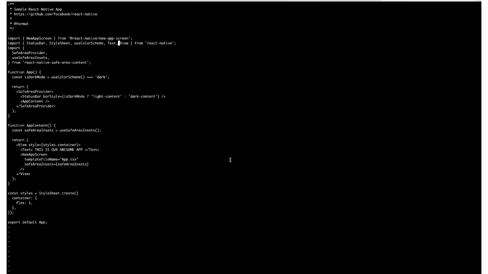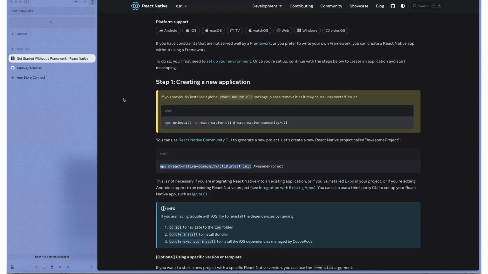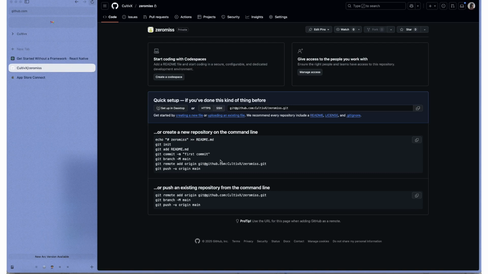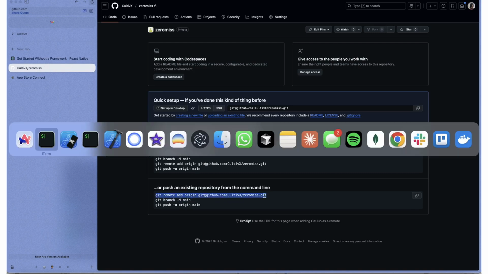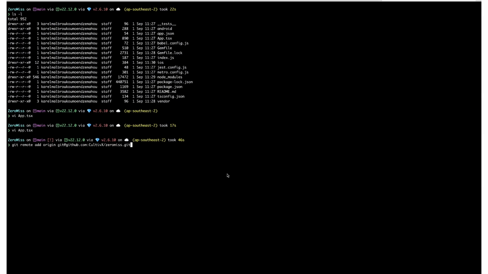Now, all this code that we just created here, we need to put that into what? Remember, into our repository. The way we do that, we just need to add a remote. So remote is essentially, where do I want to save this repo? So if I go and add this in here, then I'll be able to push my local changes over into the remote. So if I do that,